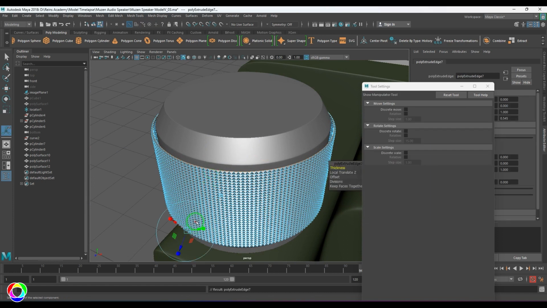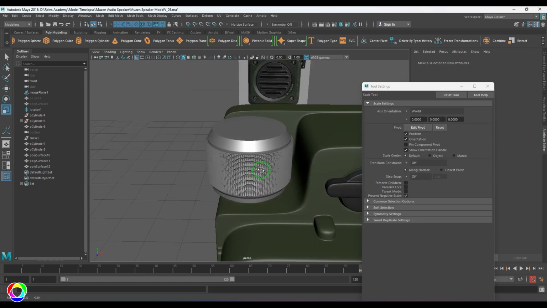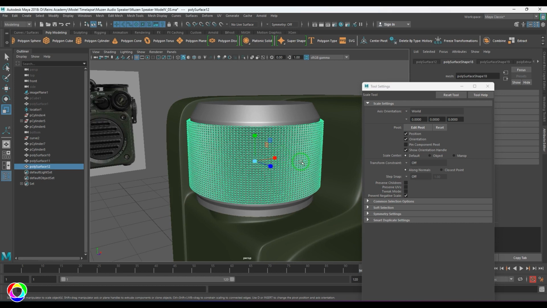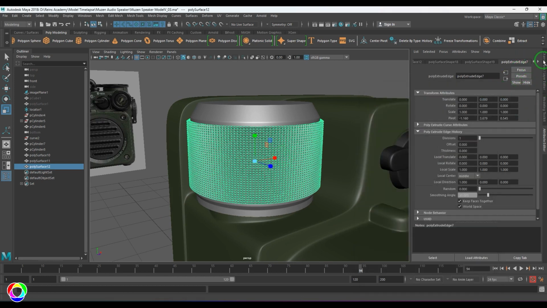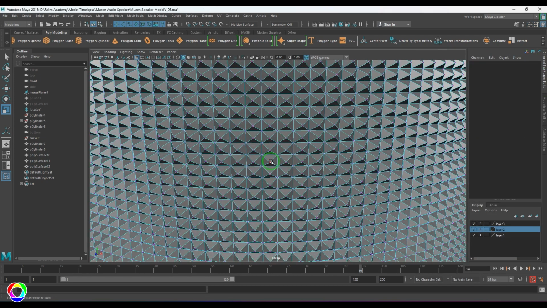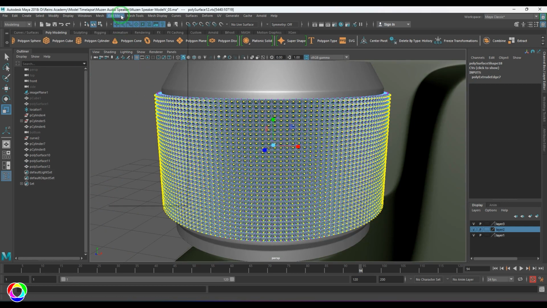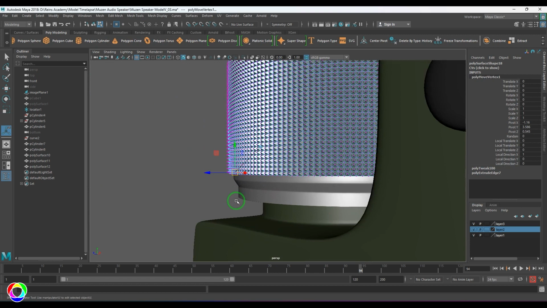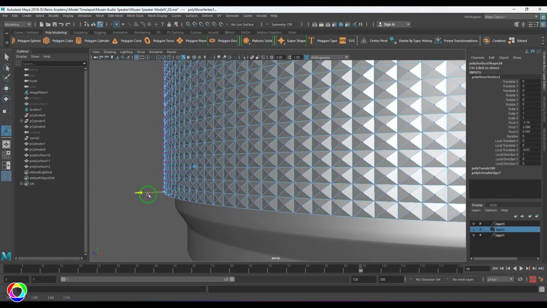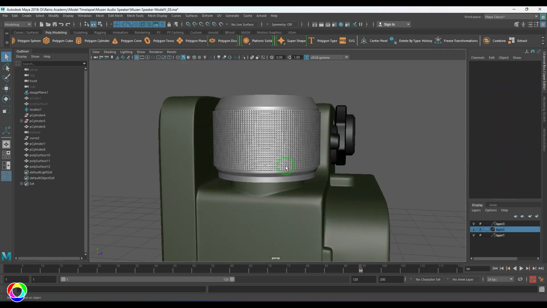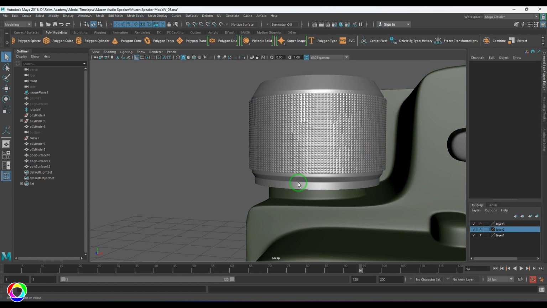I press Ctrl E and then extrude it and then move it like that, and that adds this nice detail. I can select that vertex and go to select similar, so it selects all the vertex points, and then I can use the transform component tool and just move it low, just to keep it more organic. Okay,